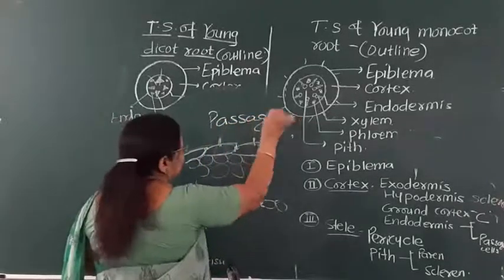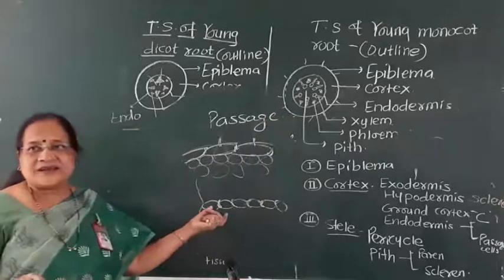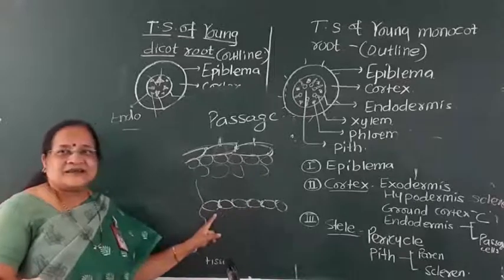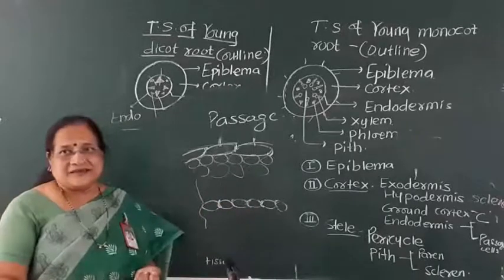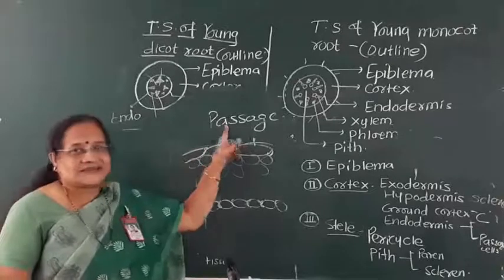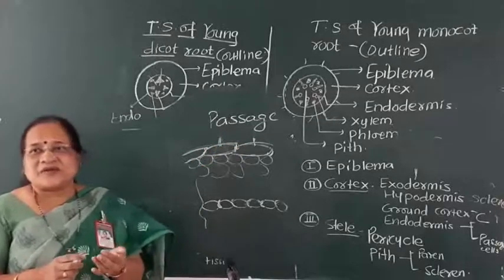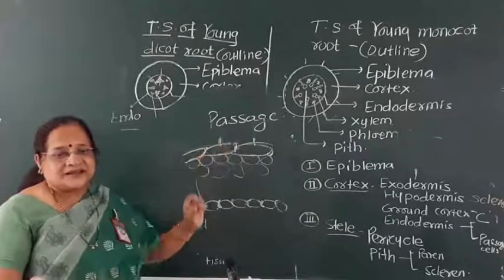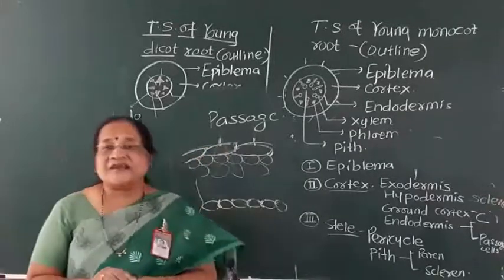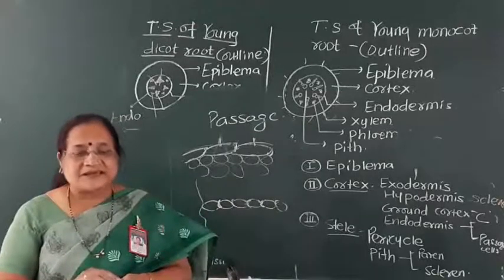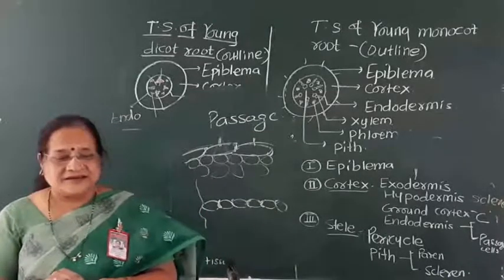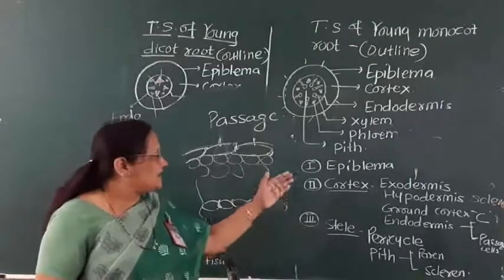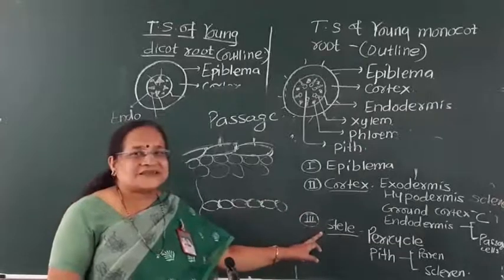Passage cells. So in this endodermis we get two types of cells. One in which you get radial thickenings, and some cells which are unthickened. Those unthickened cells we call the passage cells, and the translocation of water happens only through these passage cells. So in this endodermis you get a spatial arrangement of thickened cells and unthickened passage cells. The next part in this section we call the stele.